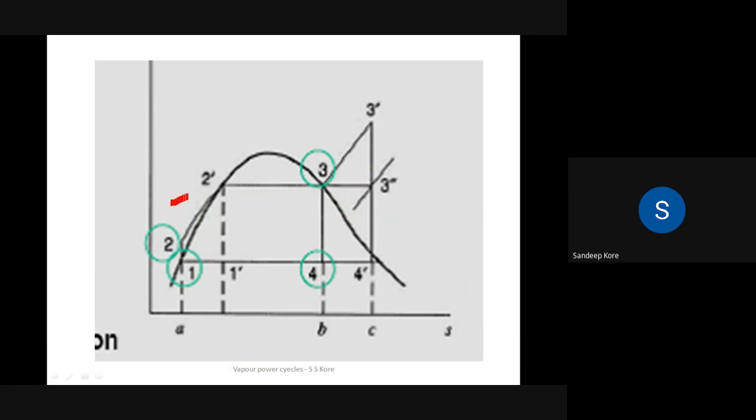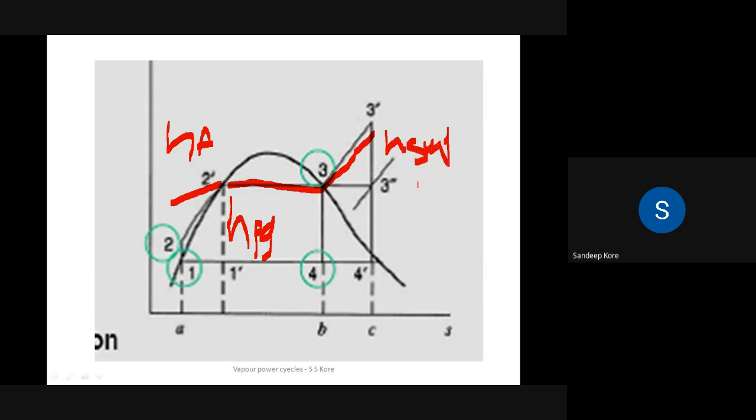Now sensible heat, it is denoted by HF. H stands for enthalpy, F stands for fluid. Latent heat, it is denoted by HFG. इसका मतलब क्या है, इसमें फ्लूइड भी है और गैस भी है, वेपर भी है. एंड सुपर हीट, यहां से यहाँ लेटेंट हीट है, और सुपर हीट जो है इट इज डिनोटेड बाय H super.